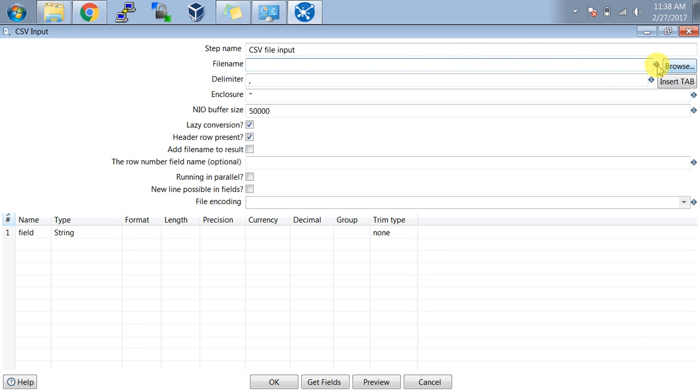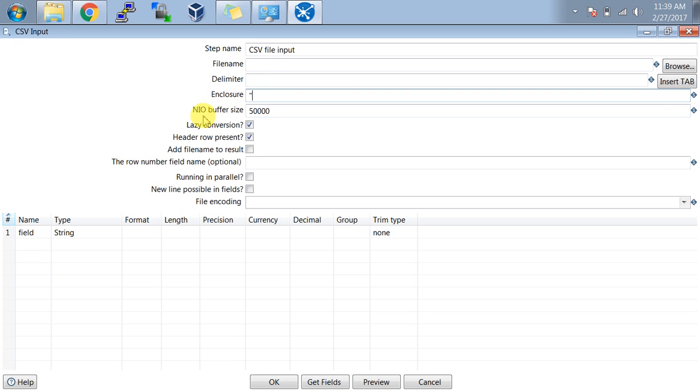On the right corner there is a dollar symbol which shows that you can use a variable in this field. Then you need to specify a delimiter, which shows by which delimiter your fields are separated. By default it is comma. You can change it to whatever you want, like pipe, semicolon, and anything. If your fields are enclosed by double quotes, then you need to specify double quotes here.